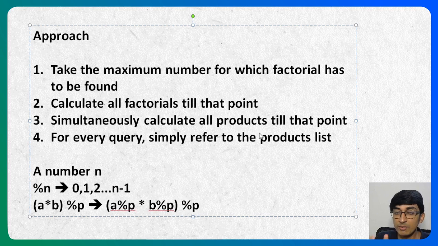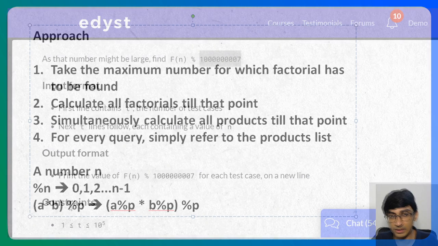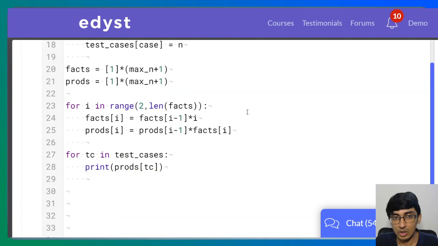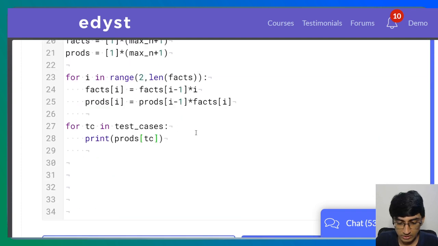Whenever we do multiplication modulo a prime number, we are supposed to do a modulo p into b modulo p, the whole thing modulo p. So how does it affect us? Well, now we were supposed to output the answer under modulo, right? It's not enough to just say at the end, okay, I just have to do prods[tc] modulo p. No, that will finally format your answer correctly, but it doesn't solve the problem of multiplying big numbers, because the numbers being multiplied here are really big.